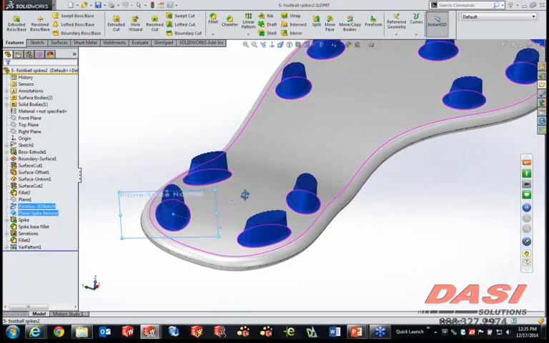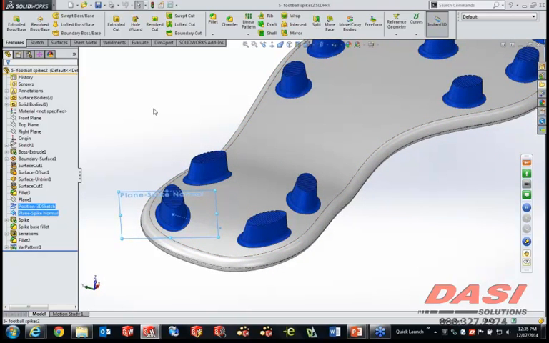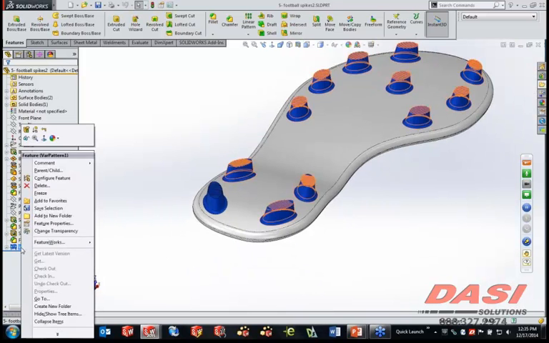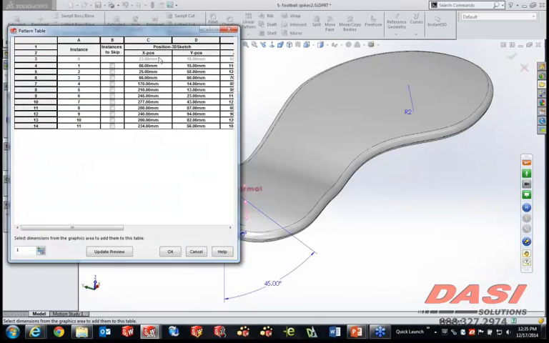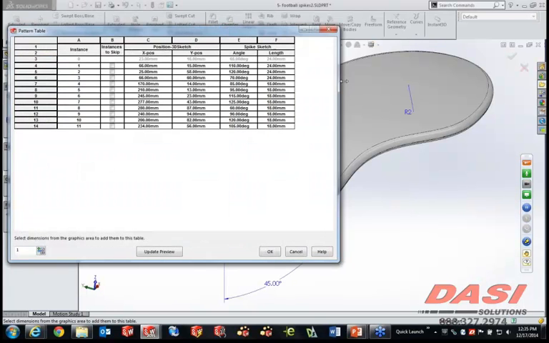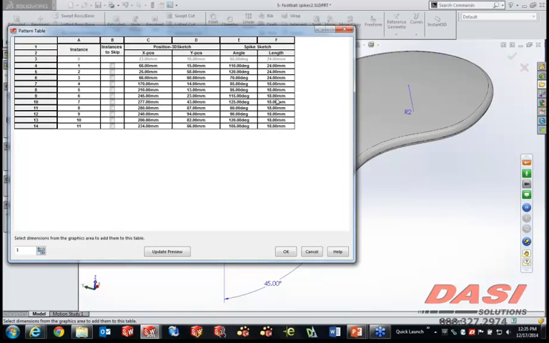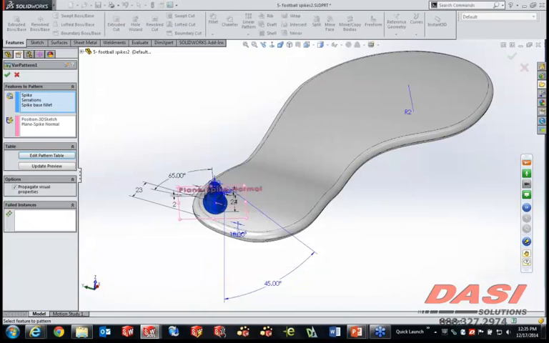So in fact, the pattern itself has nothing to do with the orientation of these. It's all the smartness of the way the plane in the initial instance was created. From there, it's just an extrude, a cut, and a fillet. So with each of these instances, and I'm going to show you the actual table for this, all we're really doing is simply changing the XY position, the angle of attack, and then the length of each of those spikes, because you see the ones in the back are 24 and the ones in the front are 18 millimeters. So that'll give you a very effective pattern, quite complex, but all built off of one